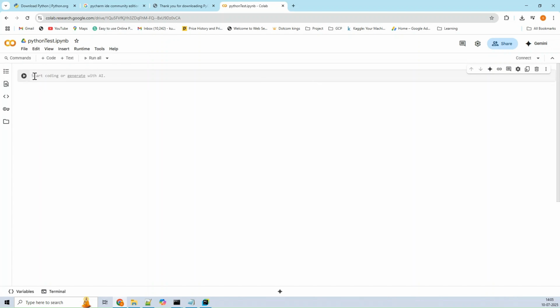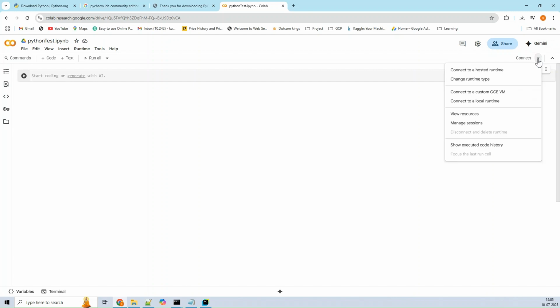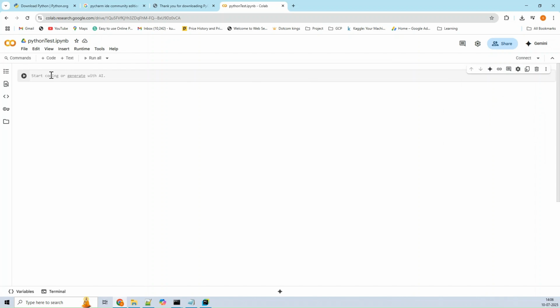Okay, you can see some other options also here. Here there is a command line supported place where you can write your program. And in the right section here you can see Connect. After Connect there is a small drop down. Here you can see what kind of information is provided by Google. Basically it has created a runtime environment for our programming purpose. So what I'll do is just write the same program which we have already seen.